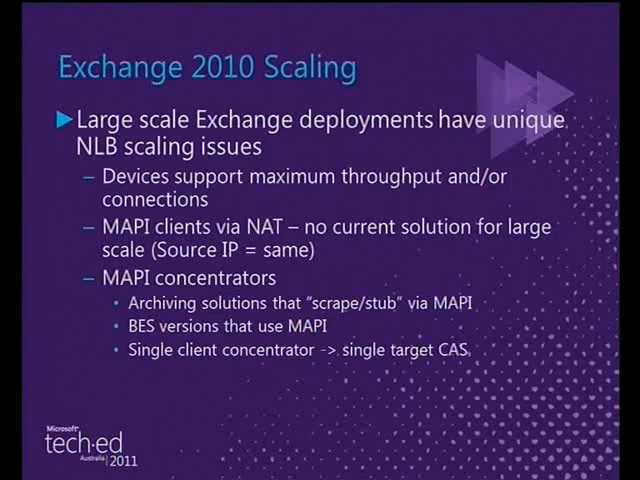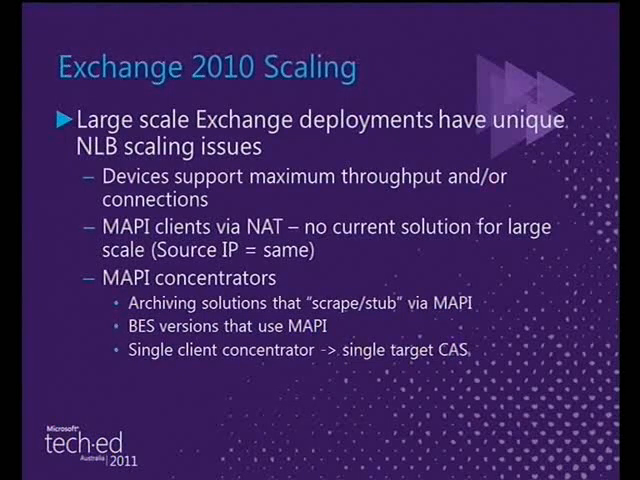The next couple will give you a brief overview of the scaling challenges. We have this concept of what we call a MAPI concentrator. So in the past, client requests went directly to the mailbox server. So if we had 20 mailbox servers, they were relatively equitably distributed based on the number of mailboxes on each server. As we go to Exchange 2010, all client access goes through CAS, which means it talks to